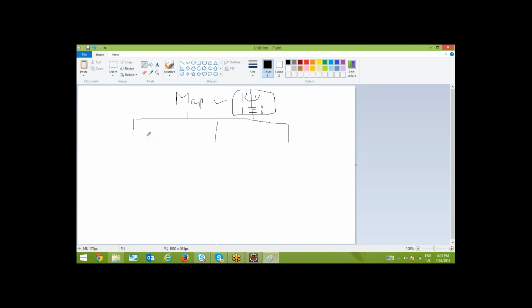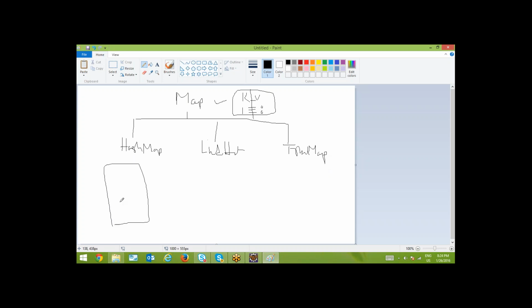And in this map, we have the subclasses called first hash map. Next is called linked hash map. And then tree map. So what are the differences between these 3 classes? Today we are going to see. First is called hash map.